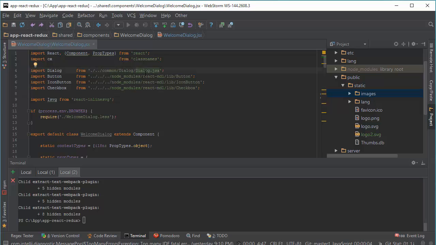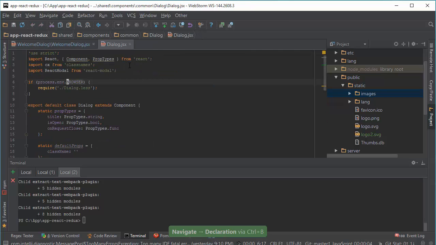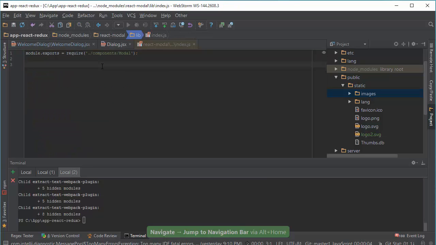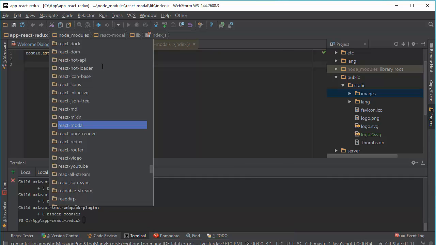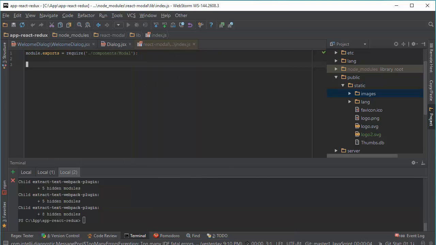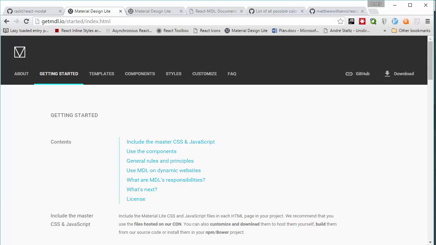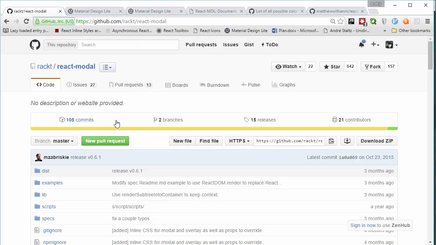First of all, it uses another component, dialog, and to create the dialog we use React modal, and with Alt-B, here it is in node modules, and you can find this functionality here on GitHub.